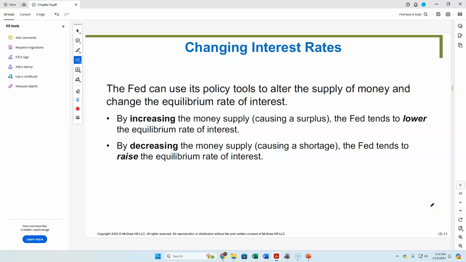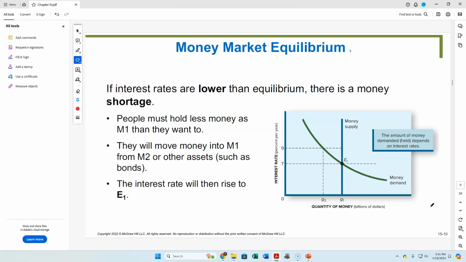But this is really what we want to focus on here: how does the Federal Reserve do it? I shouldn't say how it does it, but the Federal Reserve doesn't actually change the interest rate. As you can see here, there are way too many players. You've got a money supply that the Federal Reserve does exclusively control, but it can't really control the money demand as well. You can hope that the market is in equilibrium, but it may not be, as described in slides 9 and 10.